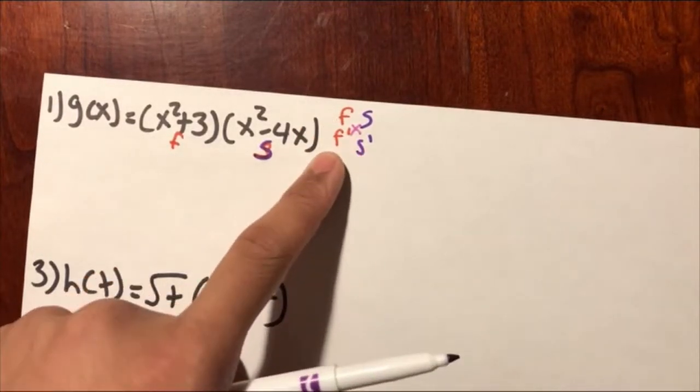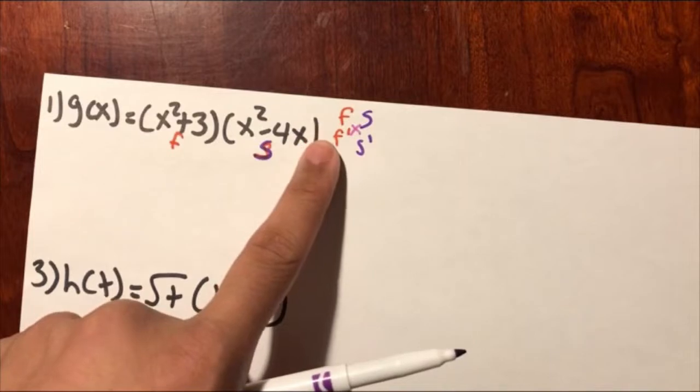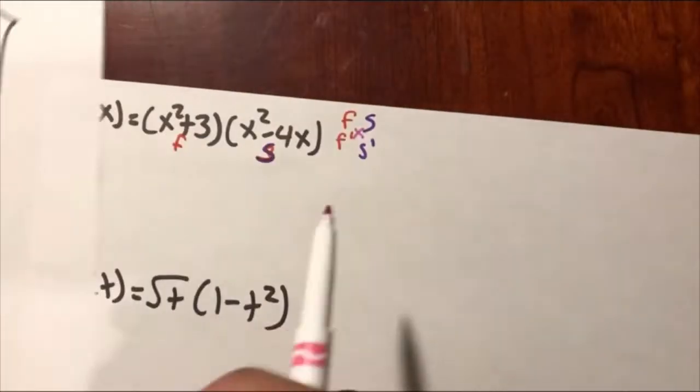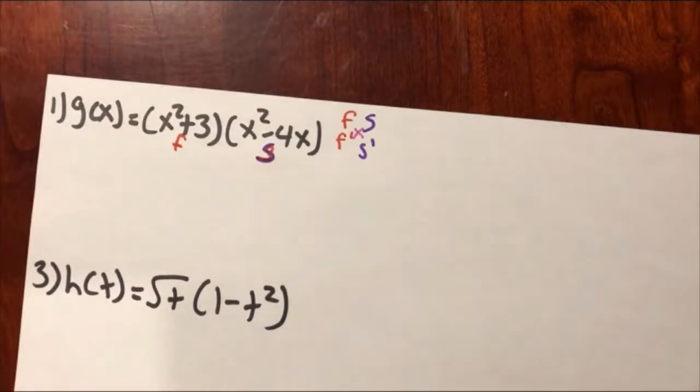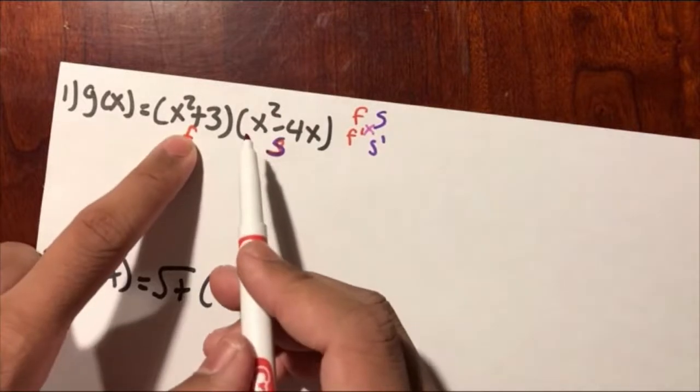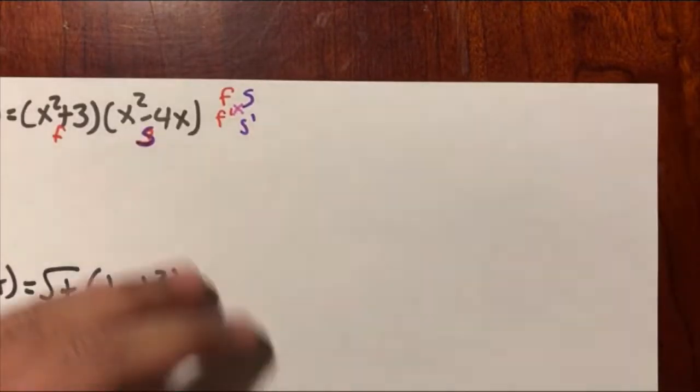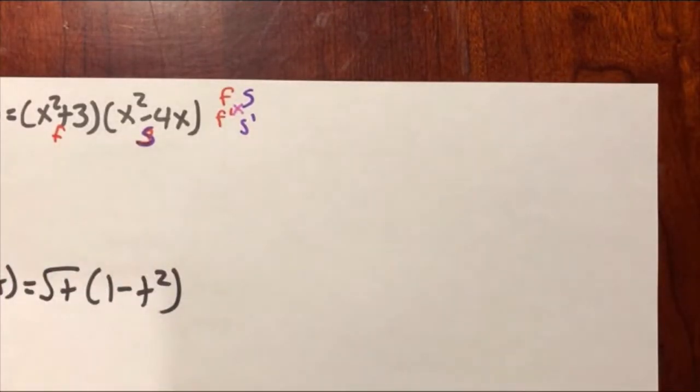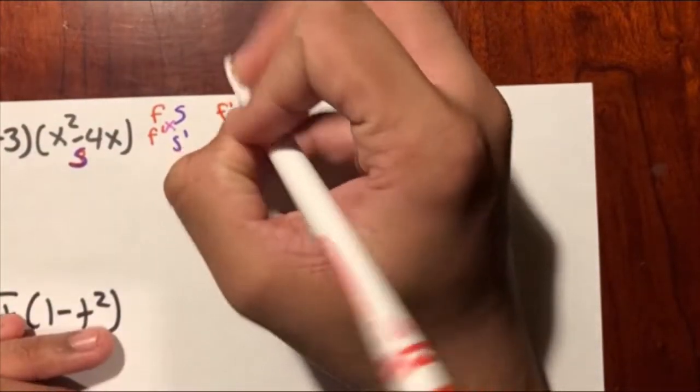F times s prime, f prime times s, and I would cross multiply that and add it, just as I did here. I recommend doing it here. So much easier. You get the right answer every time if you do it correctly. So first let's find the derivative, right? So f prime,